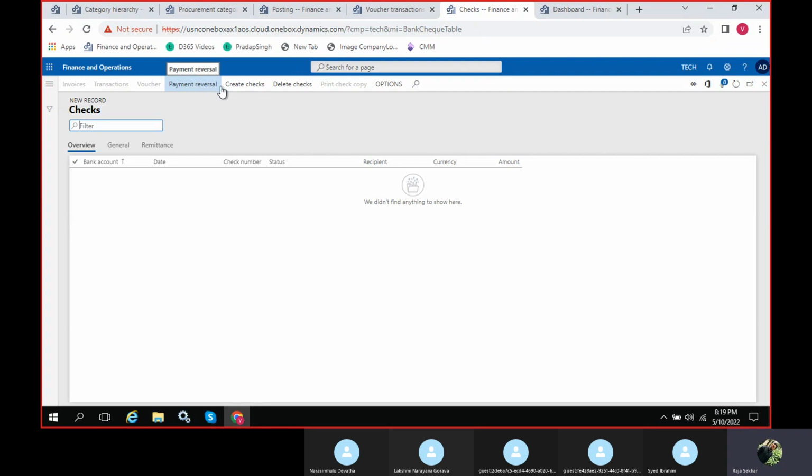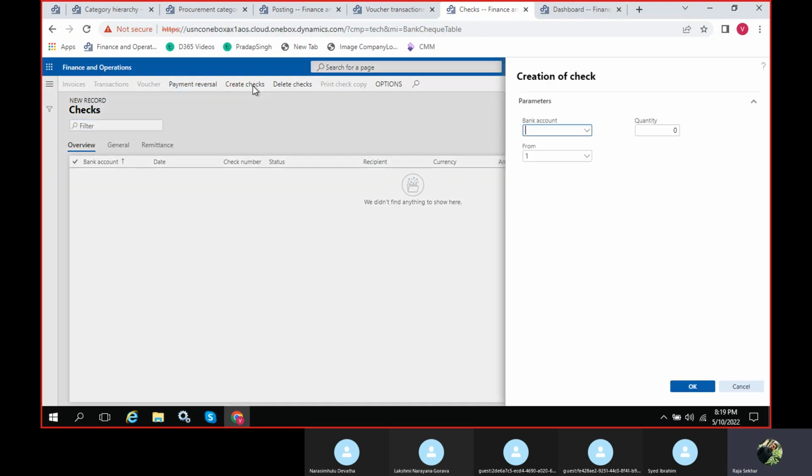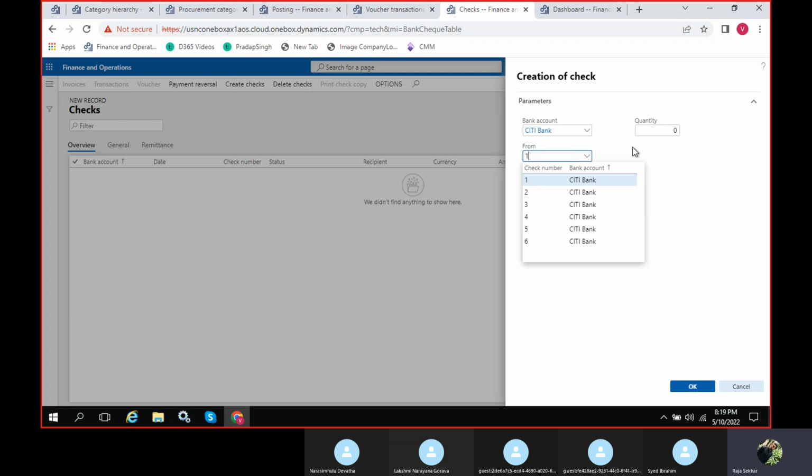If you want to create checks, you can create checks here itself. Suppose this is my bank account. From 6 till 6 we have created, right? From 7, for quantity, how many checks do I want? Some 10 checks I want.